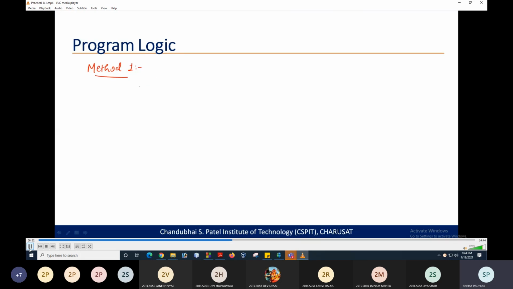You can use any loop, and you need to go till the condition like input string of i is not equal to null. So this will be the test condition, to check till the end of the string.